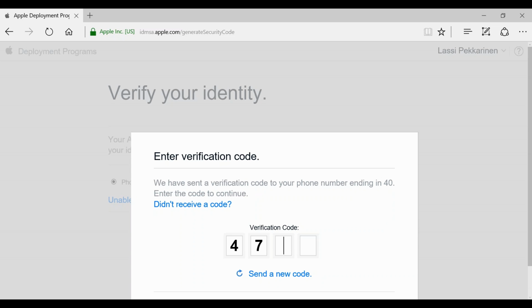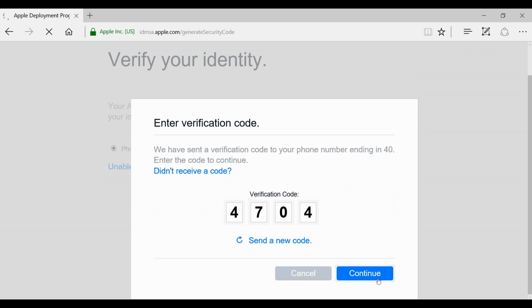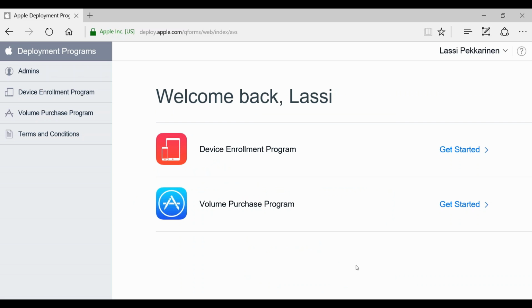In this case it was like this. And let's click continue. Okay, the resolution seems to be a bit big on this portal, but I guess we'll manage. This is the Apple DEP portal, or actually it also includes the volume purchase program. But in this case we are interested in the device enrollment program, so let's move on here.